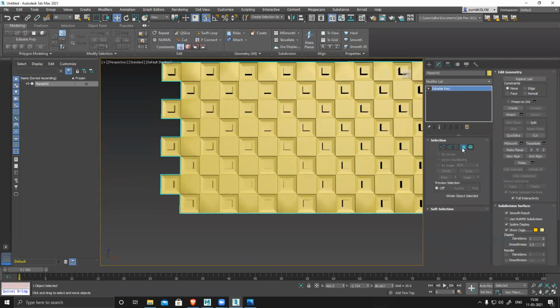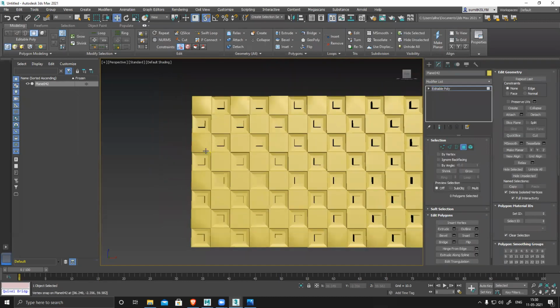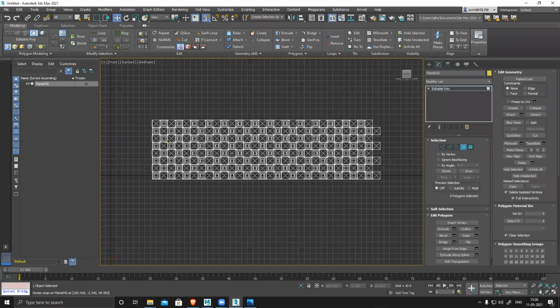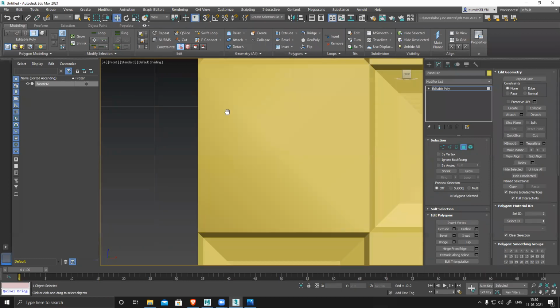Little too rounded. So delete front. Just make sure to delete all those unwanted points.